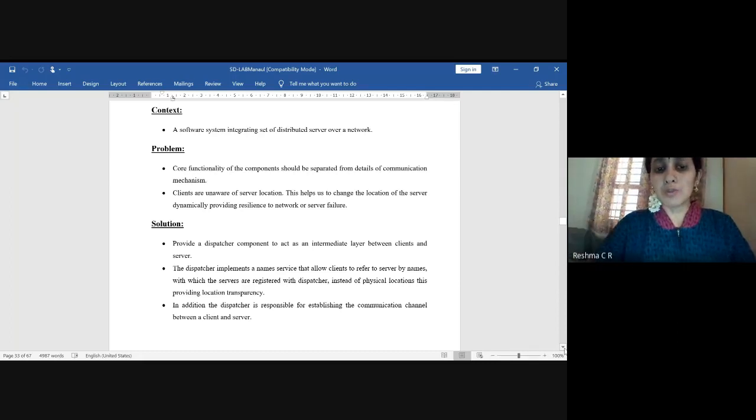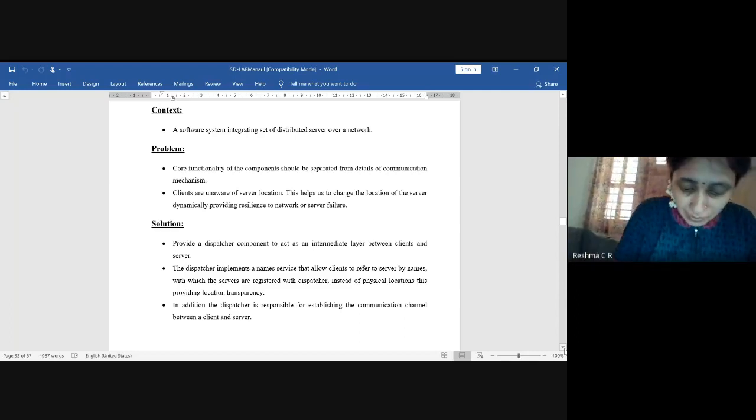This is the problem we need to solve: without location awareness, the client insists on getting a service from the server.